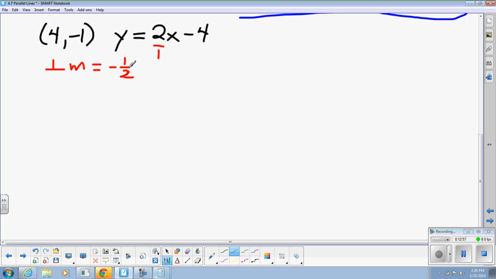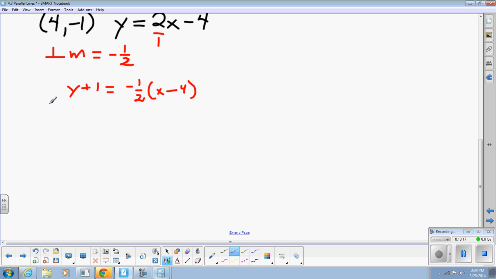I have a point and I have a slope, and I'm going to use my point slope formula, so it's going to be y minus -1 makes it plus 1 equals, I have a slope of -1/2 times x, and I got a 4, so it's x minus 4. So now distribute. Y plus 1 equals -1/2